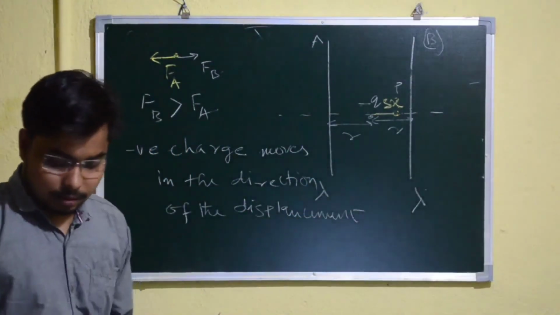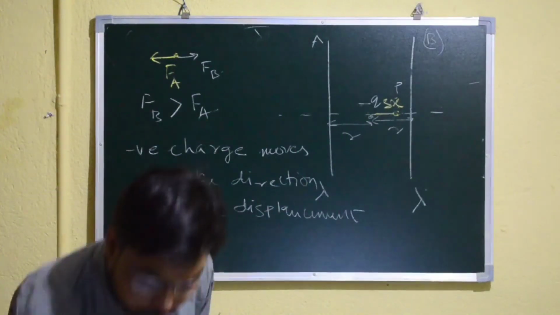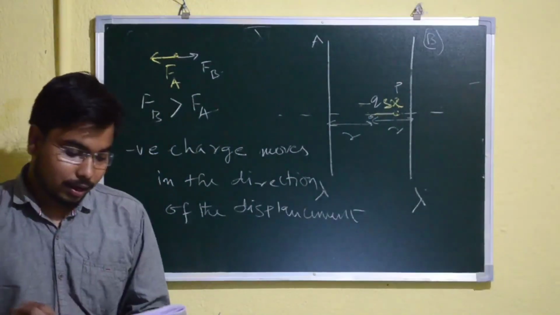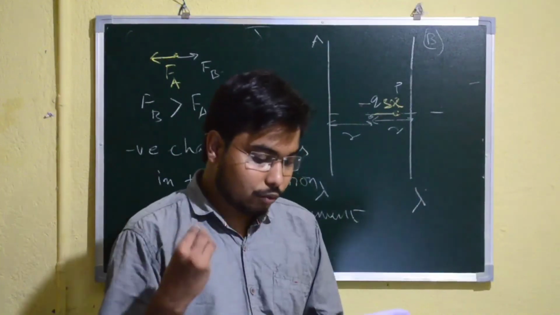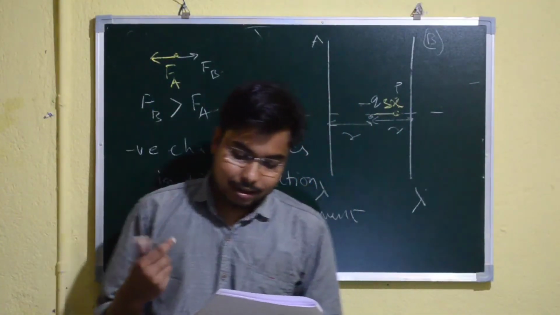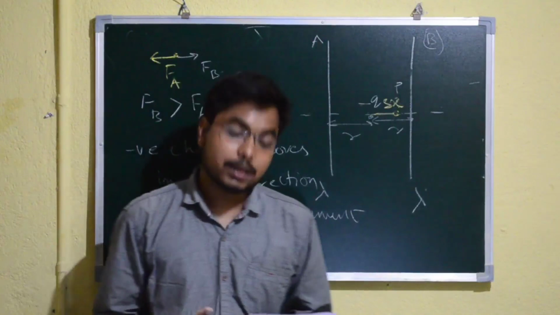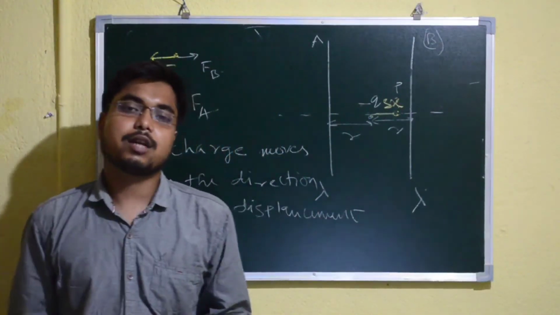You can easily solve it in a similar way. Now, option C is the correct one, in which it is given that positive q starts SHM while minus q continues moving in the direction of its displacement, and this is the required answer.